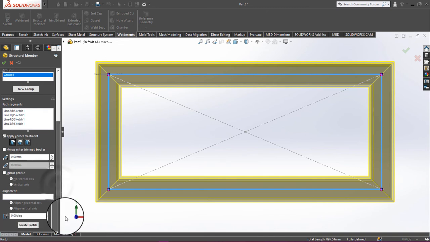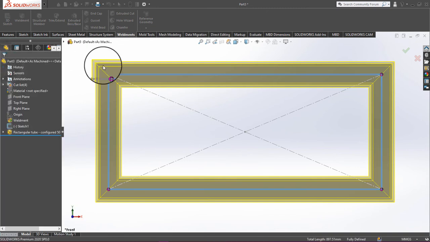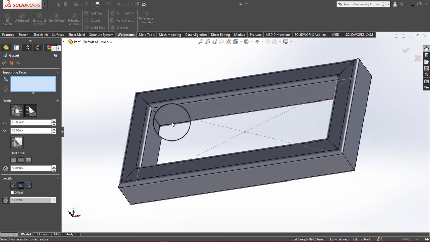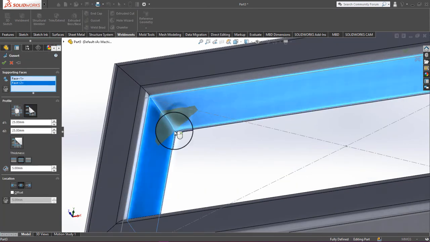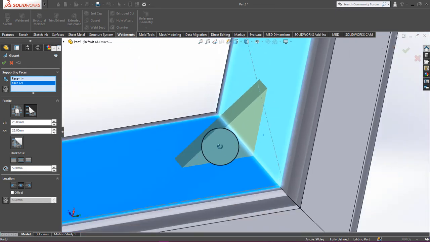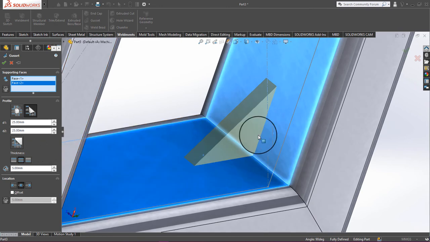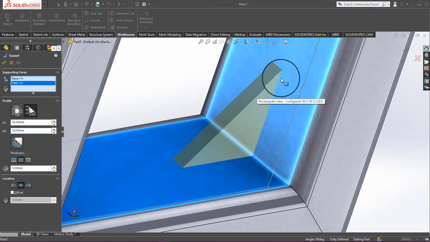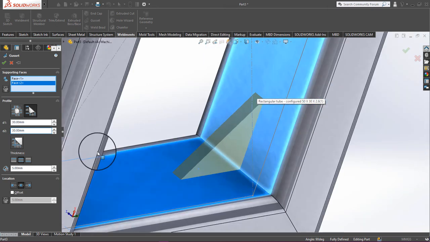To use the gusset tool, we have to choose the faces. See, the gusset is available here, and as per our requirement, we can change the dimension of this gusset. Like I want to add it to 30, and this one also 30. So you can see as per our requirement that length is going to change. Thickness, I want to put it 10. And like this is the middle one, from both sides it will increase.